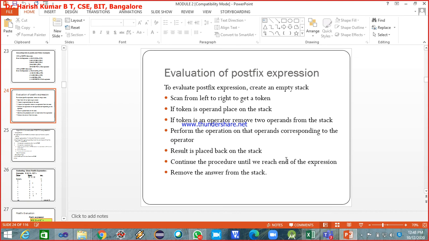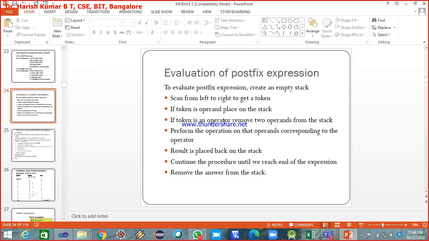This is the simple logic for evaluating a given postfix expression, and you have to remember this. First, create an empty stack, read the postfix expression, and start scanning it from left to right for the tokens. Every time you scan a token, check whether it is an operator or an operand. If it is an operand, push it onto the stack. If it is an operator, you pop two operands from the stack and perform the operation.